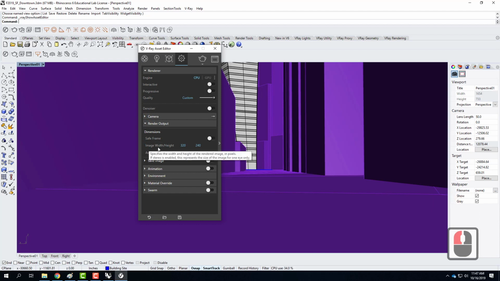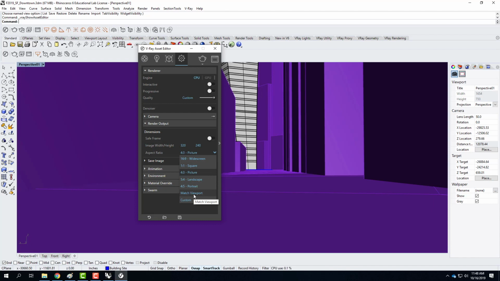right now I have an image width and height of 320 by 240. It's set up with an aspect ratio of 4:3. Sometimes you'll convert this to, say, widescreen, or sometimes you'll convert it to match viewport. So what you see is what you get during the rendering. In this case, I want a rendering that's much, much taller and much narrower in size because I want to see my whole building. So when I do that, I'm going to go to custom here,